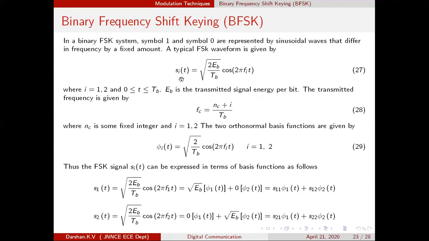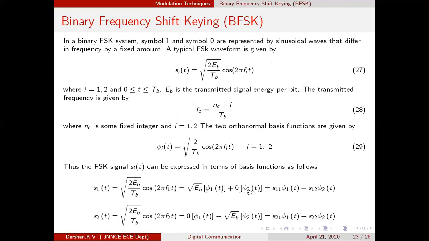Over here, S1 of t is equal to root 2 EB by TB cos 2 pi F1t. This is one signal and let it be associated with symbol 1. And for symbol 0, the signal is S2 of t equal to root of 2 EB by TB cos 2 pi F2t. This is how the signals have been given and the basis functions have been listed, and signals are